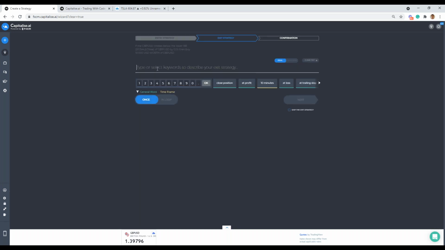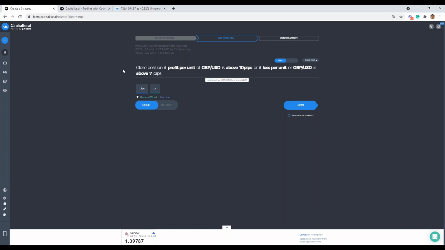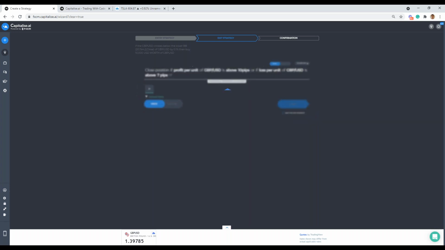Okay, great. So let's go and close the position, and let's use two conditions for the close position. So you could go close position if profit per unit of GBP USD is, okay, let's start this off with 10 pips and see the results. Or if loss per unit of GBP USD is above 7 pips. Let's just try it with that, and we're going to optimize these strategies. Let's see if we can try get better results. So we're going with two conditions here in the exit. We got take profit and we got stop loss, and we're going to click next here, and let's go ahead